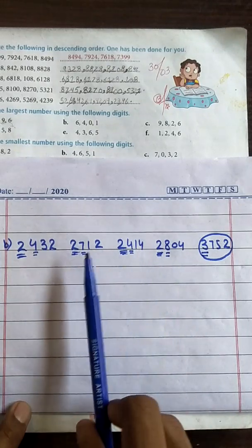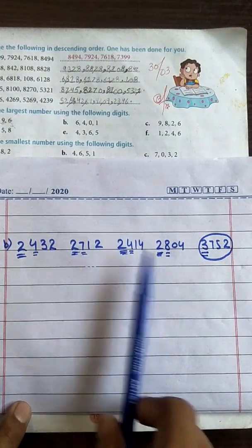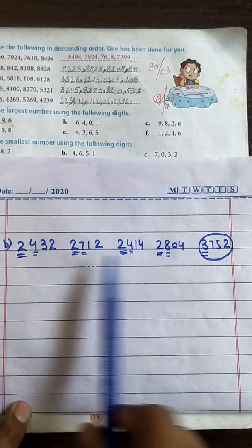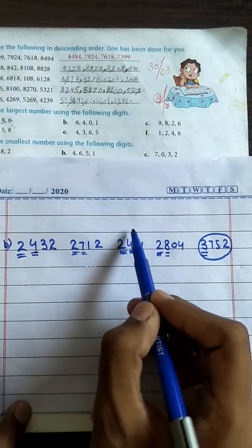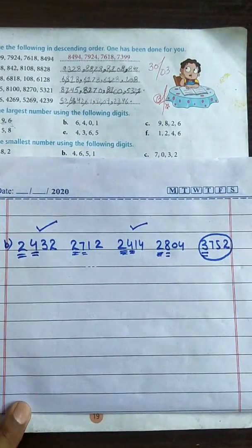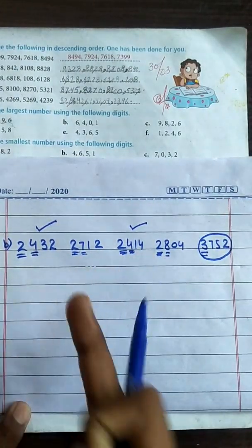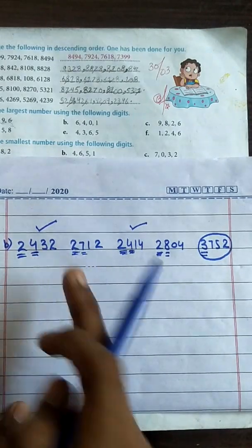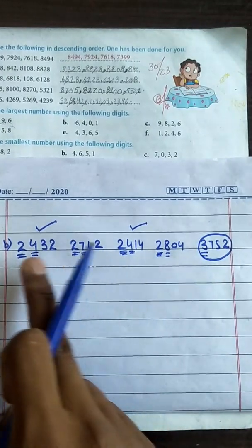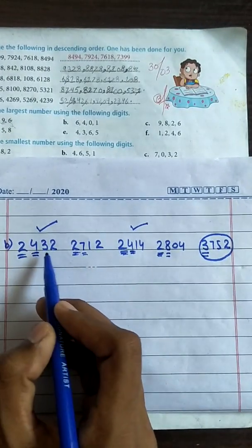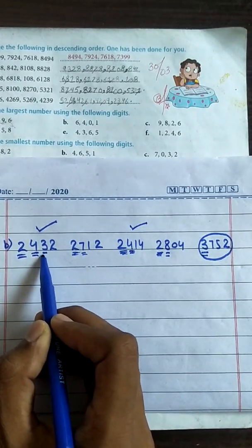Now the 7 is less than this term, but it is the greatest among the smaller ones. The smallest digits are these two. Now we select the smallest between these two, because these are greater than those two terms. Okay, now we are selecting the smallest digit, so we have taken these two terms. Now selecting the smallest between these two. They have the same value at the 100 place, now compare at the tens place.